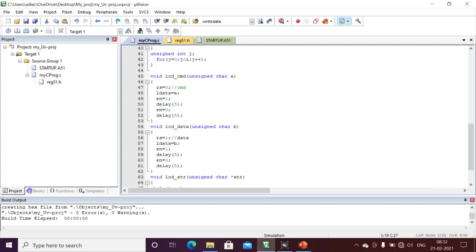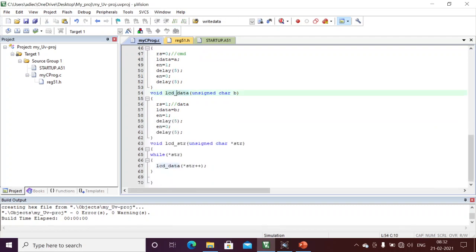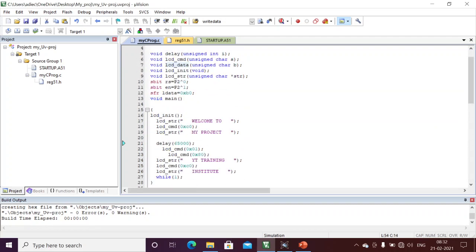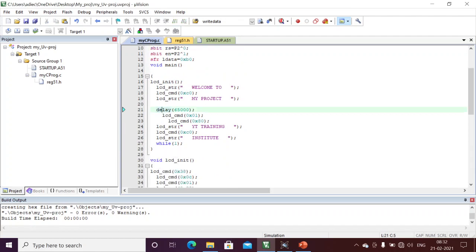I am passing each and every character to the LCD data that I am going to display onto the LCD. After that, I wait for this much delay, and then I give 0x01, which means I will clear the complete data. For example, if I am not clearing that data, for example, with the first row and second row, I am just passing, and for the second row only I am displaying the data.